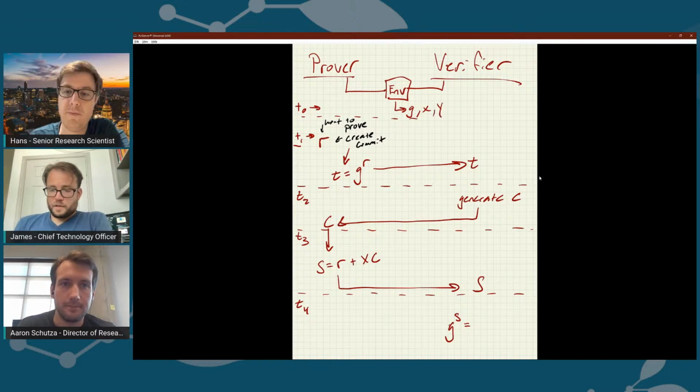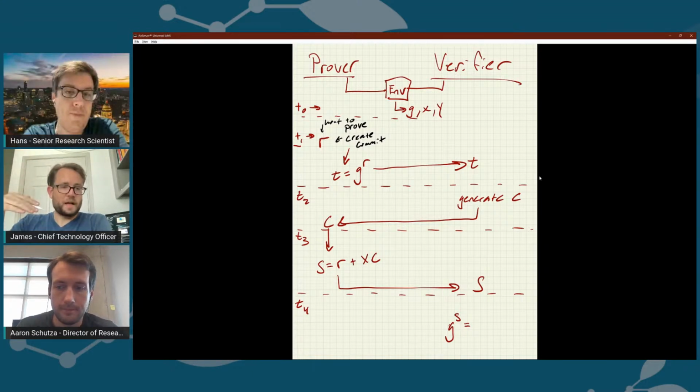Okay. So x and y would be somehow points in the group, but they're basically like g to the something is x, g to the something is y, right? Is that how they're related? Or is it that g to the x is something and g to the y is something? It's more like, well, here, let's